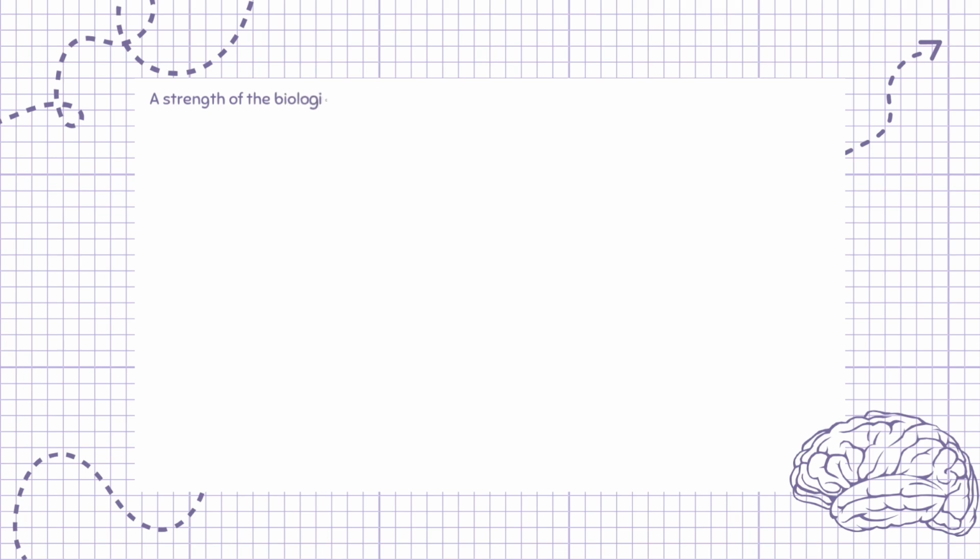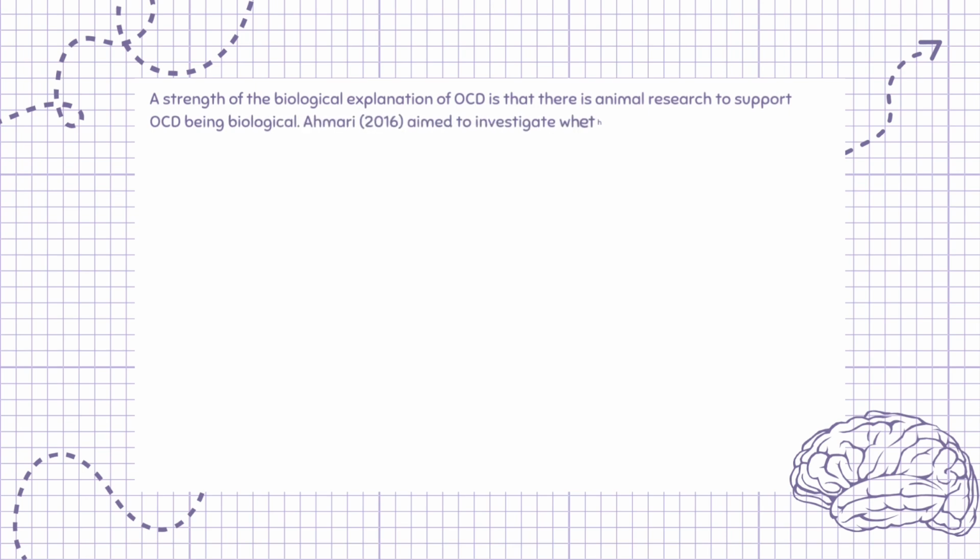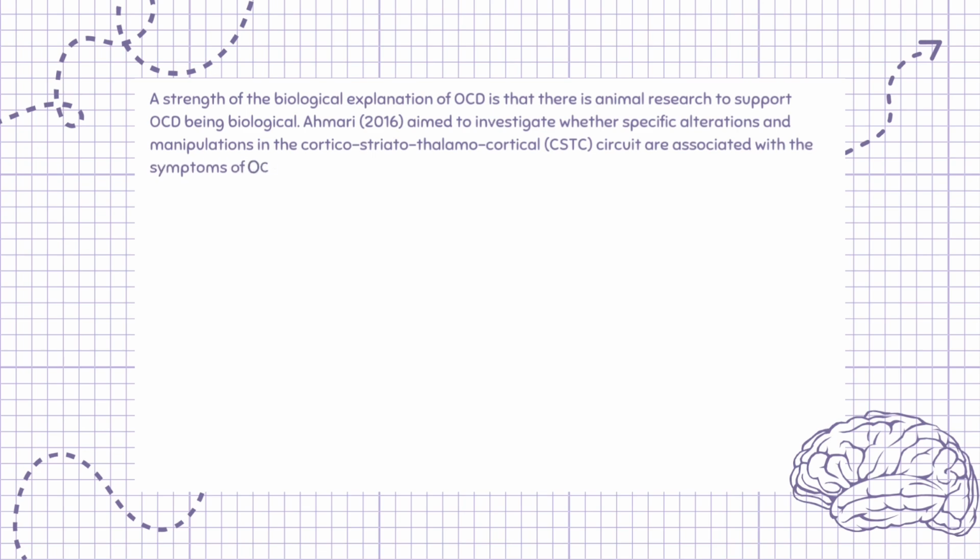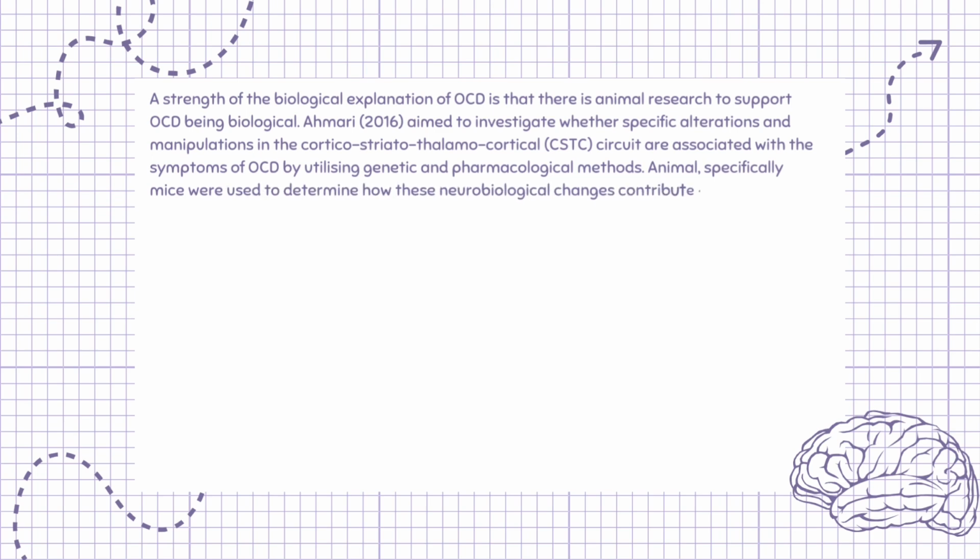A strength of the biological explanation of OCD is that there is animal research to support OCD being biological. Amori, 2016, aimed to investigate whether specific alterations and manipulations in the corticostriatothalamocortical (CSTC) circuit are associated with the symptoms of OCD by utilizing genetic and pharmacological methods. Animals, specifically mice, were used to determine how these neurobiological changes contributed to the compulsive behaviors and intrusive thoughts of